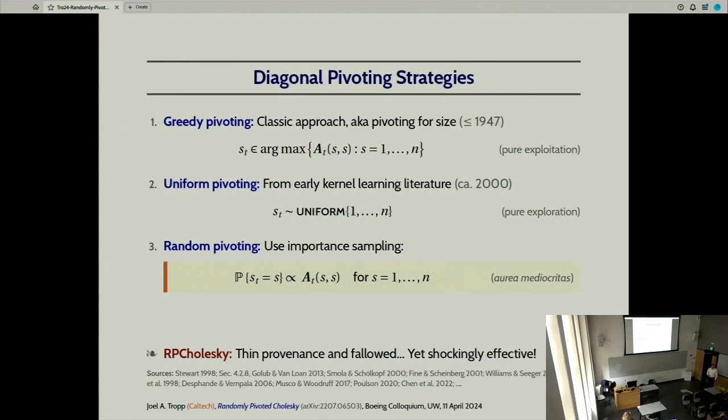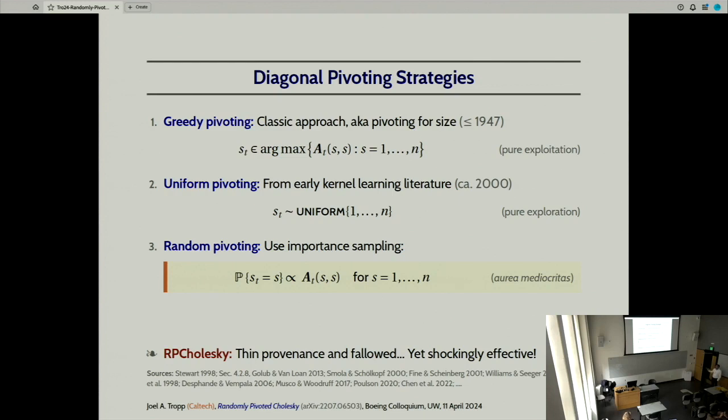And yet it is shockingly effective. The reason people apparently did not know this is because no one implemented it. Okay, so sometimes you get the idea that mathematical theory tells you everything, and this is not really true when you're studying numerical algorithms. It might be that the performance of the method is not adequately described by your intellectual approach.